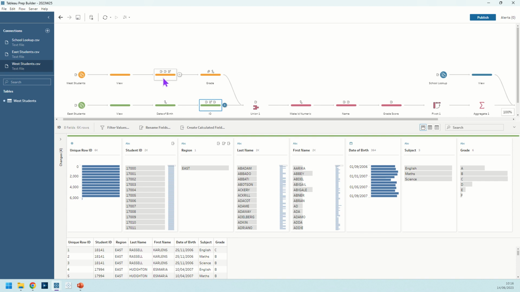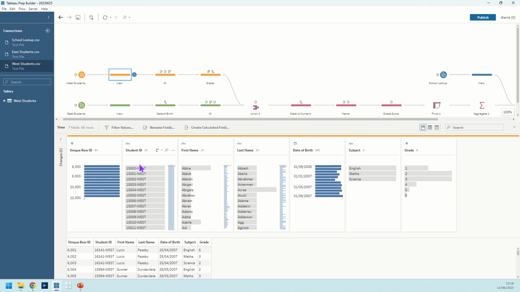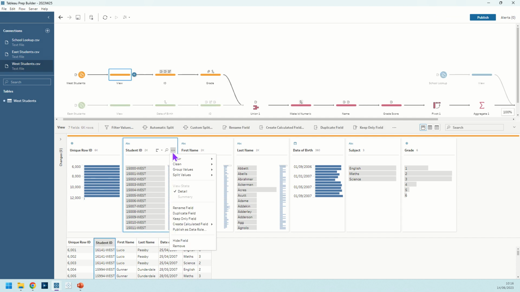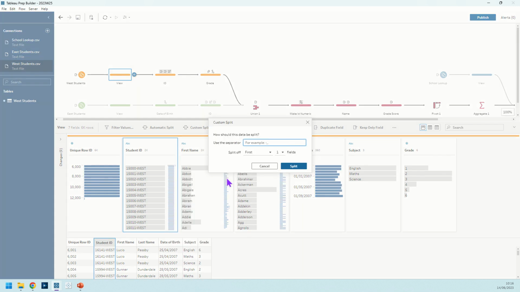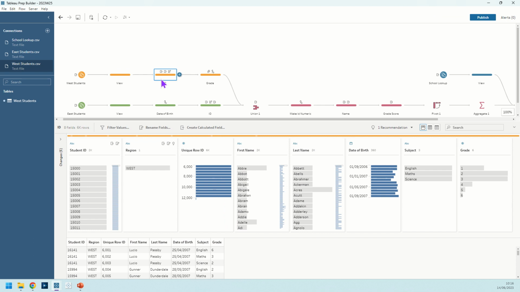For the West students, we need to do something very similar. For example, with our student ID here, we see it's the number, then a dash, and then the region. So we want to split these into 2. We'll use the split functionality, and rather than doing an automatic split, which you might think would work, that actually only returns the numeric part of it. So we'll go to a custom split instead, use the dash as our separator, and make sure that we're separating all the fields, and then that'll give us those 2 fields that we just need to rename there